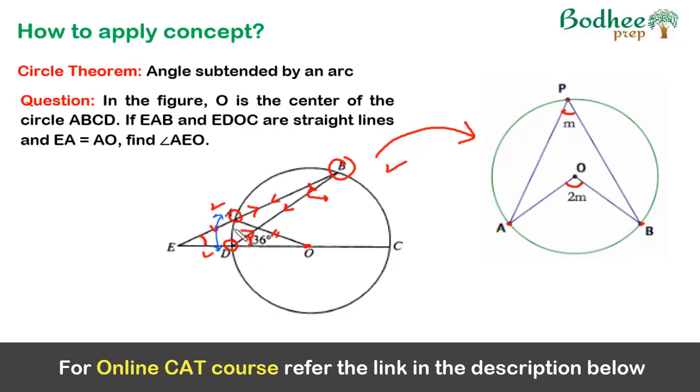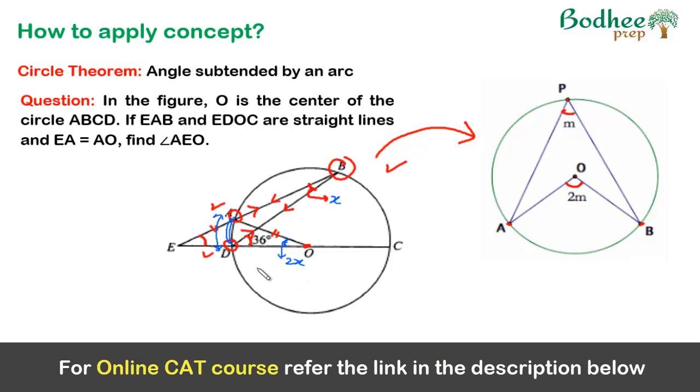So now we can easily identify that in the arc AD, we have one angle on the circumference. If I assume it to be X, then the central angle will be this, because this is formed on this particular arc. So this angle would be 2 times X. Once you have identified this, things become very easy and the question can be cracked.